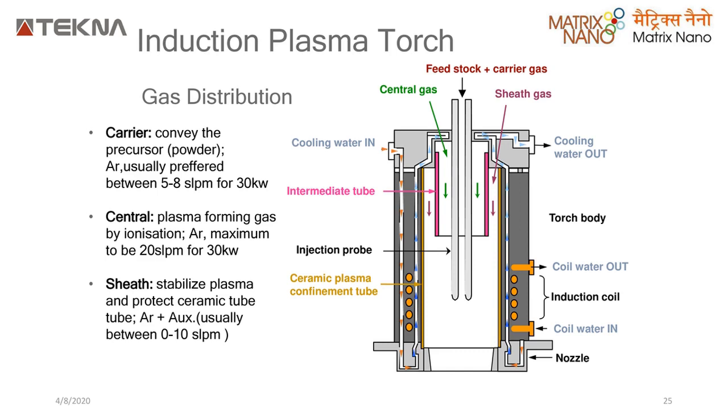So you have your feedstock. Feedstock is nothing but your precursor material, which is usually a 40 micron or 30 micron powder. Now the thing is, the more finer powder you choose, the more ionized or more smaller particles that you can make. If I choose a 1 micron powder, I can make smaller particles of 2 nanometers, 3 nanometers, 5 nanometers. If I choose a 40 micron powder, I can make 20 nanometers, 30 nanometers. So basically, the smaller the precursor powder you choose, the more energy transfer there is. So more energy transfer, more rate of ionization of your feedstock material, more ionization, more feed. So more materials can be made and more finer sizes can be got.